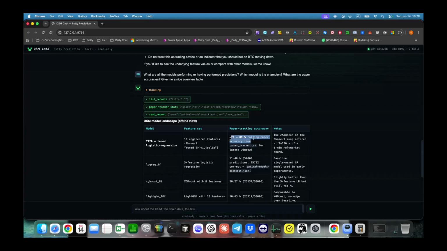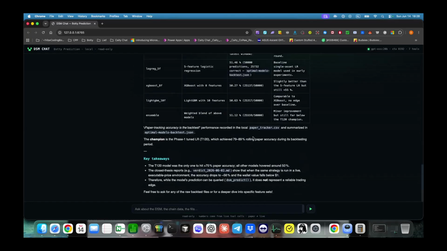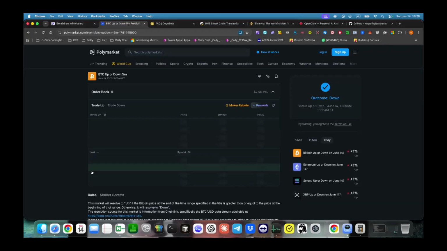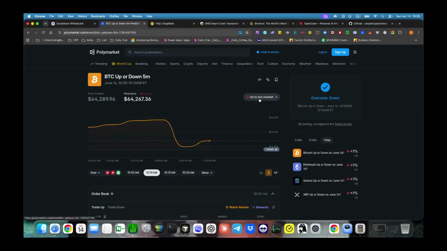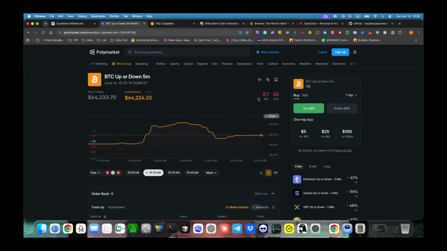Now that sounds very lucrative. The only issue is, and this is at least from my finding, accuracy is not the bottleneck. The accuracy is not the issue. The issue that we have, let me see if I can open the price market again, is that the moment the model is accurate, the rest of the market also reads out the same signal, which means that if